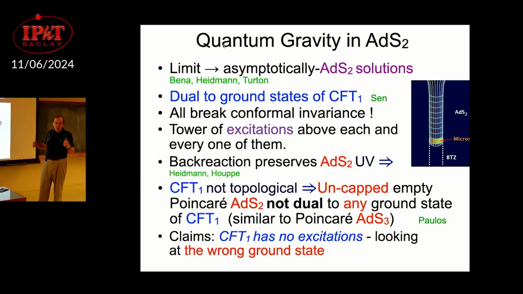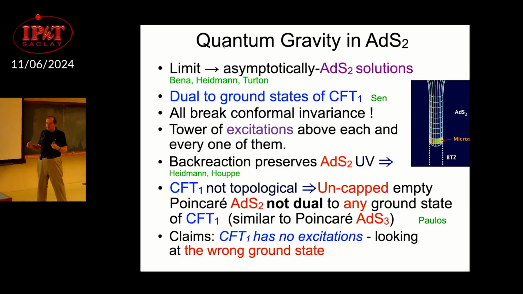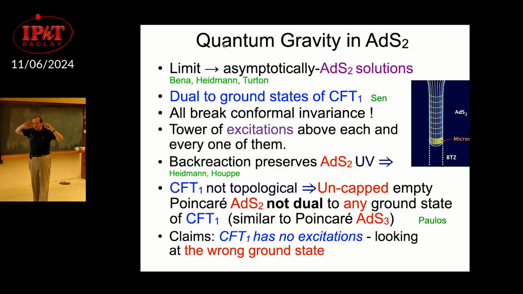Absolutely. That's the whole point. You can do them in two ways. You can either get microstate geometries in AdS3, which have an R charge, and then try to take some limits. Or you can say, I just want to build AdS2 asymptotically, so I put the R charge to be 0 by hand, and I just build these. And if I build them, of course, they cannot have an R charge because they have an AdS2 throat. So the R charge is 0 all the time.